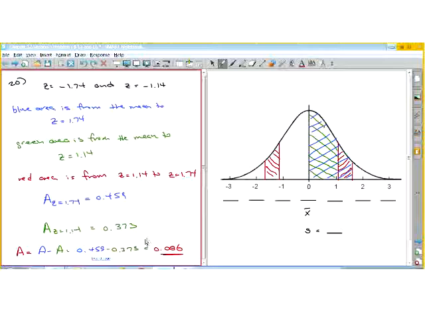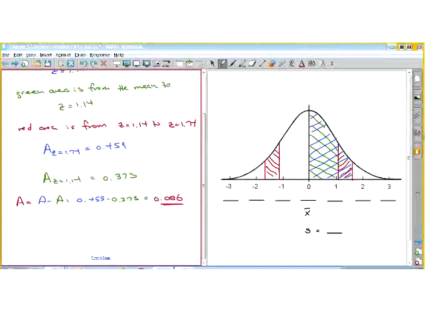And the question they asked was find the percent. So the corresponding percent, you multiply by 100, you get 8.6. Therefore,